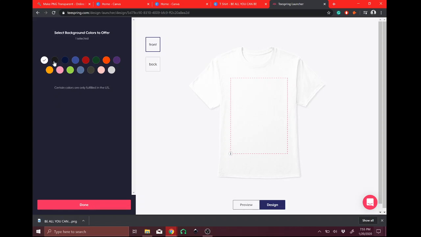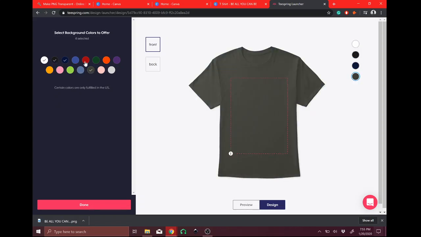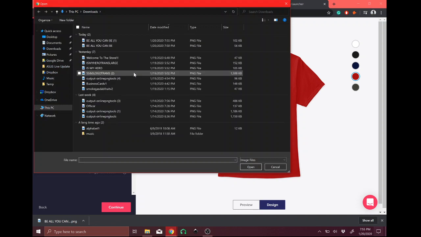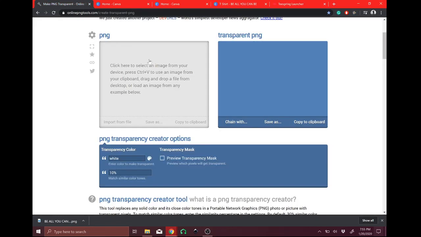So the most popular colors clothes come in are black, white, navy blue, gray, and red. So we're going to select those ones. We're going to add our image, Be All You Can Be. But see, it's got that white background. We don't want that. So we're going to head over here to